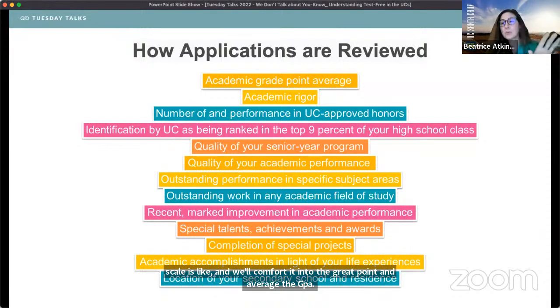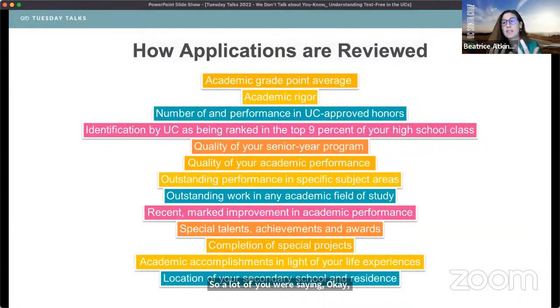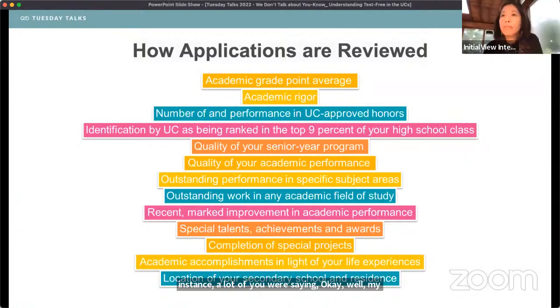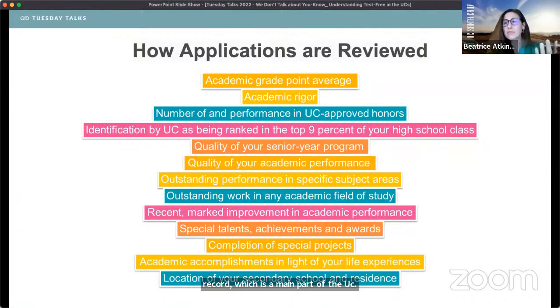Everything San said, 100%, I want to agree with. And I just want to add a couple of things. A lot of you were saying, okay, well, tests can measure the quality of my study, my ability to focus. Some of you felt intelligence. So let's talk about where in the UC application we see that in different places. For instance, a lot of you were saying my ability to study. Well, your self-reported academic record, which is a main part of the UC application, tells me everything about your ability to study: how many classes you've taken per year, the rigor of those classes,